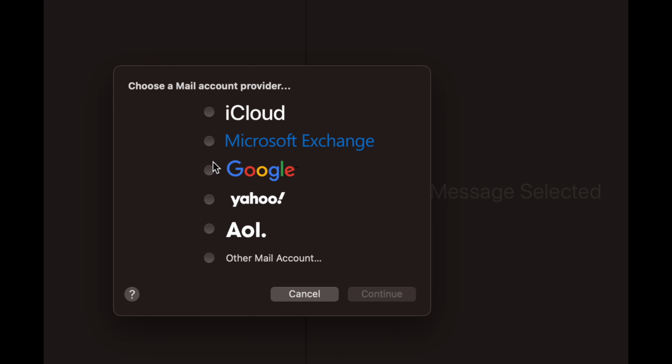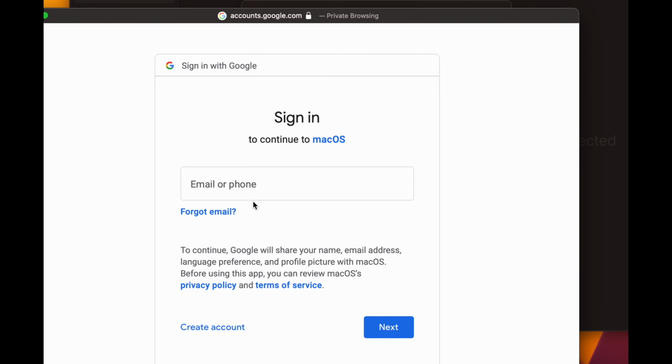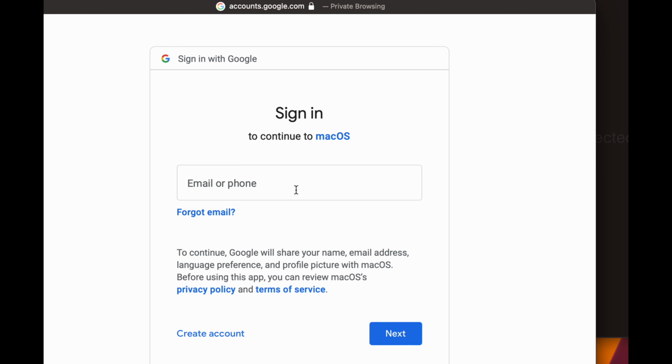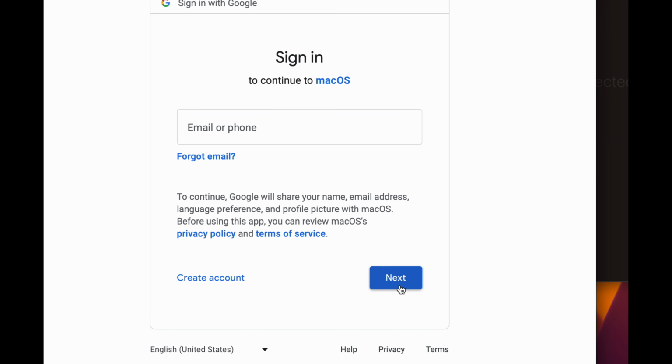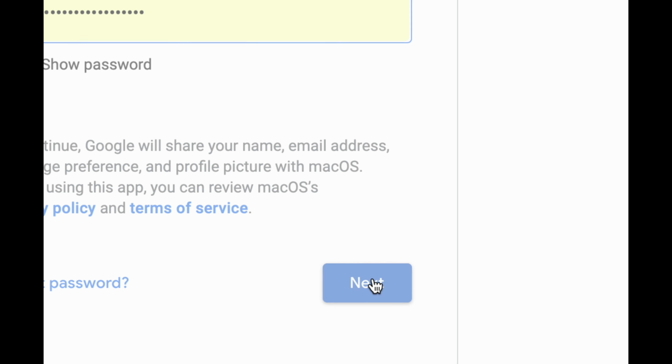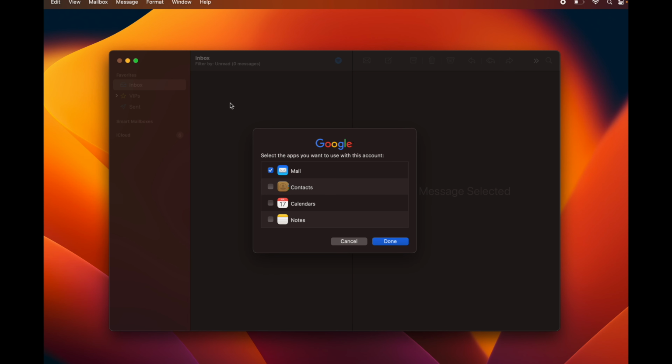But just to show you an example, I'm going to add in a Gmail account. So that means it's a Google account. Press continue, and then from here just type in your email. It's going to ask you for your password. And then just go next, next, next, and you've added everything onto it. So like I said, you would just press next. And yes, if you got any security in your Gmail, most likely you got a notification on your phone or your tablet. You just have to open up that app and you would just verify there